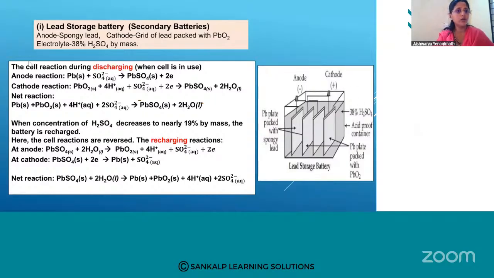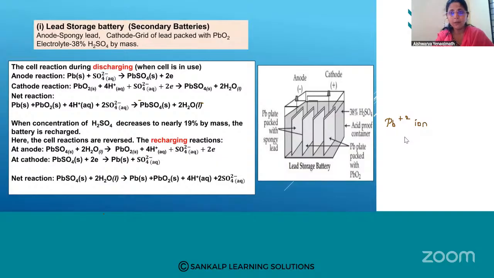So let us try to understand what happens. So you have here the cell reaction during discharging. When the cell is in use, when you are using the battery, it keeps discharging, so at that time what is the reaction? When the cell discharges, it operates as a voltaic cell. That is, lead is getting oxidized, Pb is getting oxidized to +2 ion,